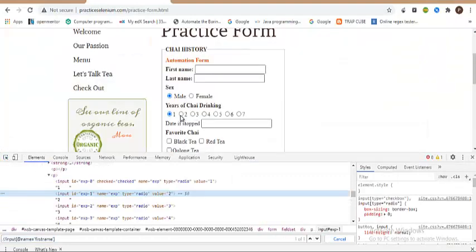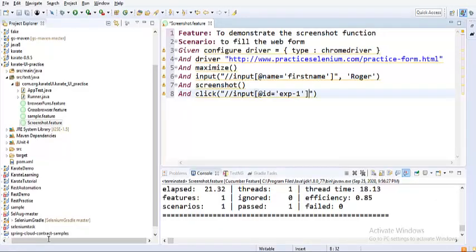I'll have to click on 2. So ID is the attribute. Let me use that. Instead of name, ID is that, and the value is exp1. Let me quickly copy it here, and this is it. Let me take another screenshot.